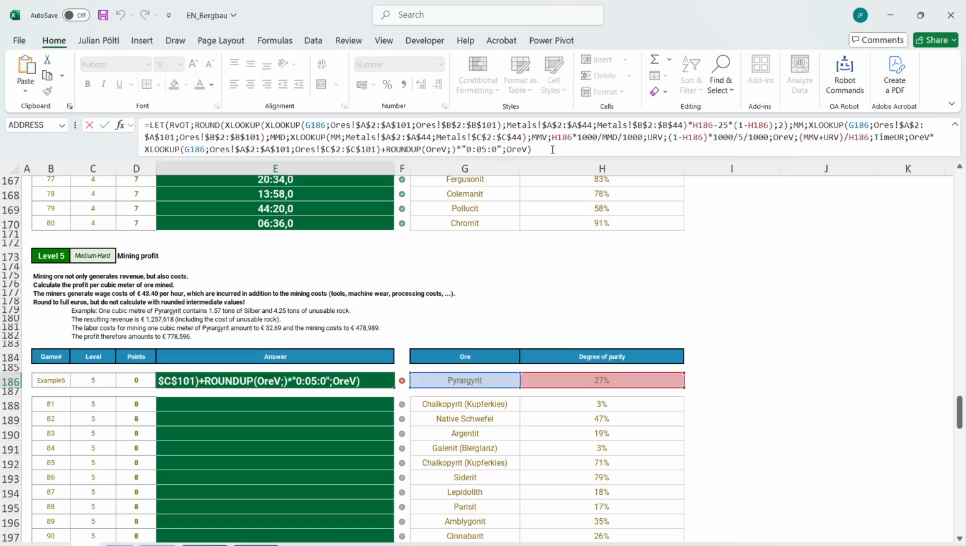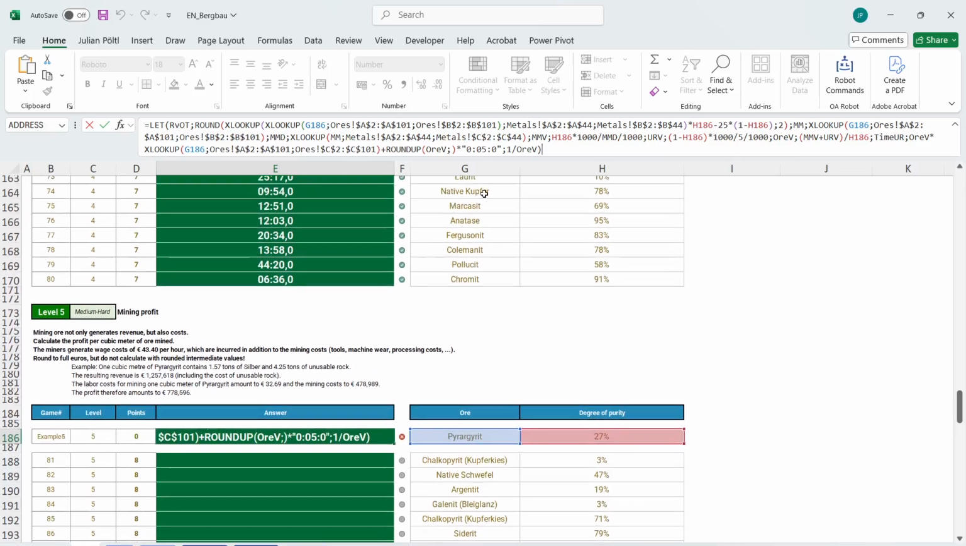What have I done? 64. 1 divided. Yeah. 1 divided. 157 tons of silver, yes. 157 tons of silver, and now we know this for revenue and for